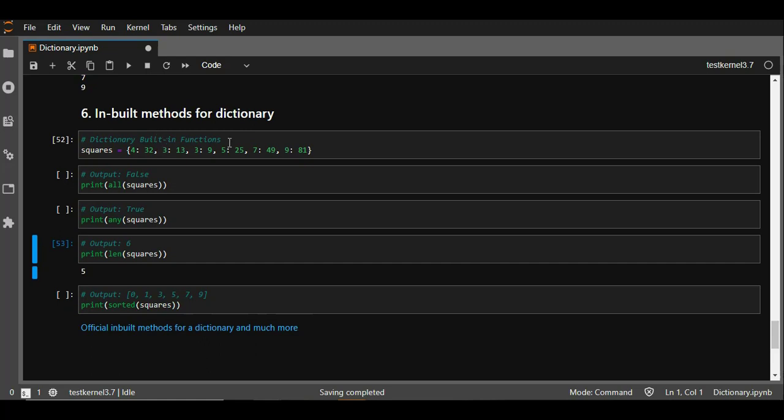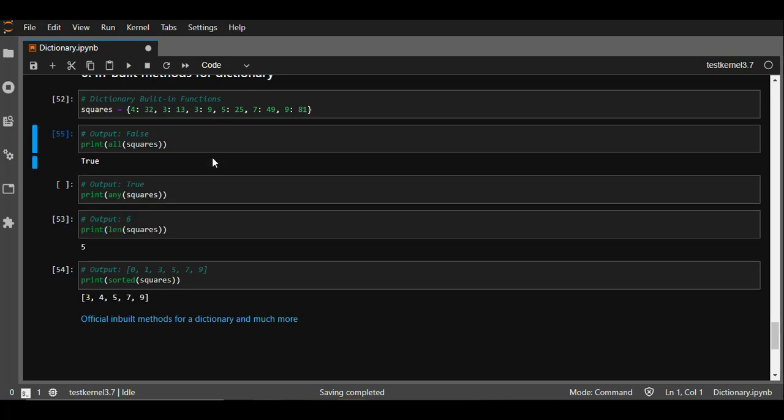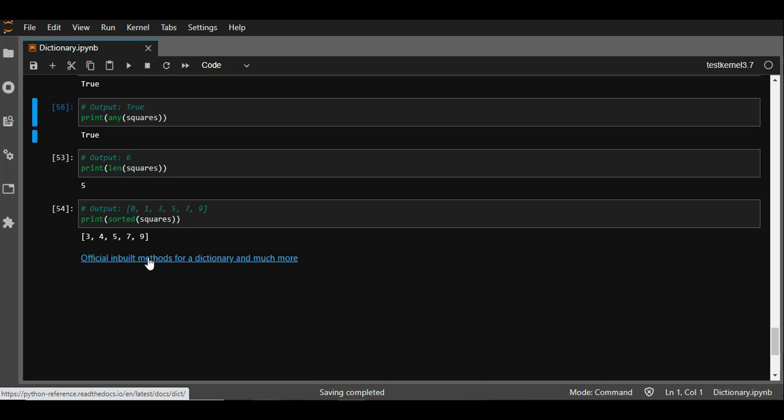Length will just basically return the number of key pairs, which in this case is 5. Sorted will just return the sorted version of the keys in a dictionary, and all returns a boolean value on the basis of whether the keys of the dictionary are true or if the dictionary is empty. Alright. Whereas any just checks if any single value is a 1 or even True or not. So it will just return me a boolean value as well. So these are most of the nuances that I use popularly in the corporate world. There are many more. You can just check it out by clicking on this link. You see this one over there.